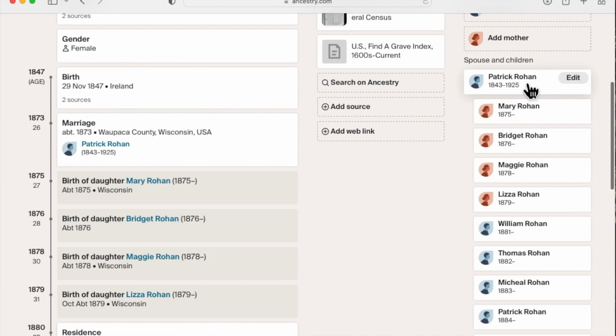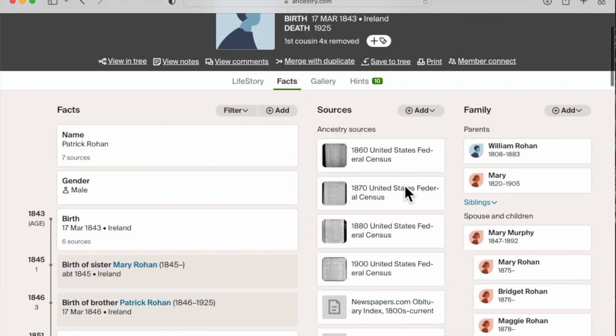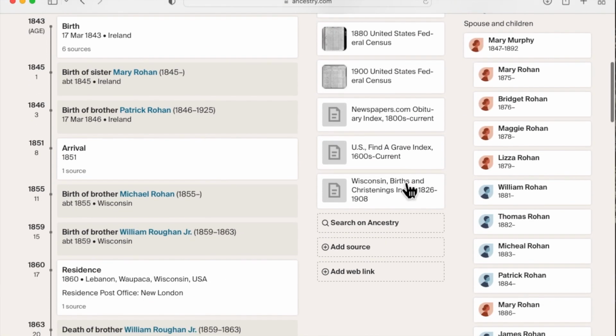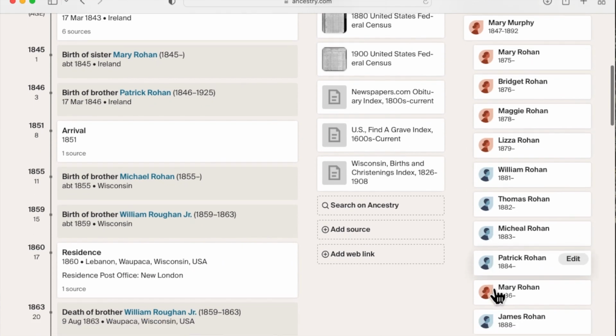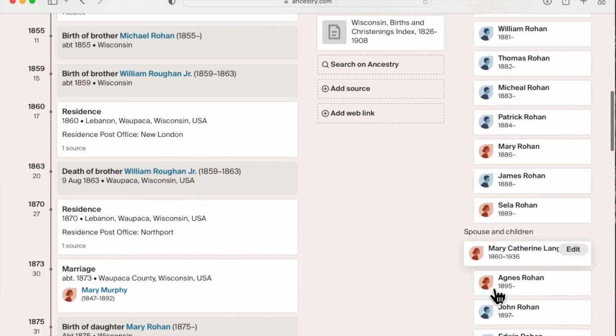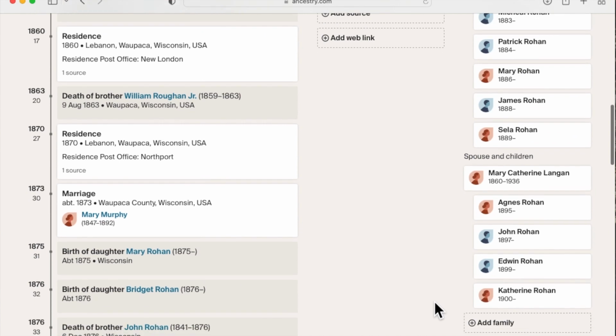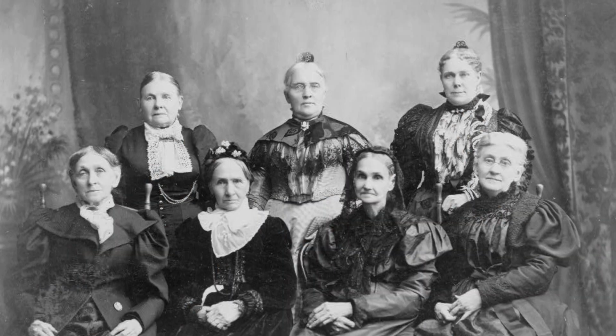So now when I go to Patrick, I'll show you how this is all fixed. We have Patrick with his wife, Mary Murphy, and all of those kids. And then Mary Catherine with her 4 children. Voila, I've fixed the families. So I hope this has helped. I hope this shows you how to separate the different wives and how to keep them separate,